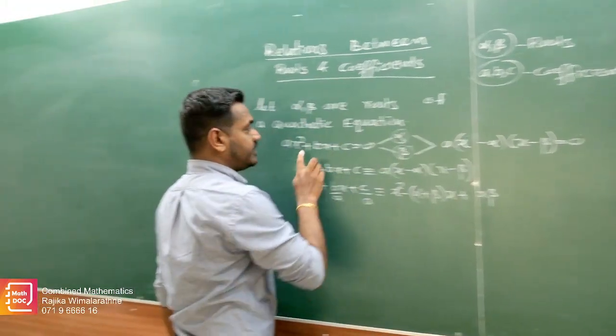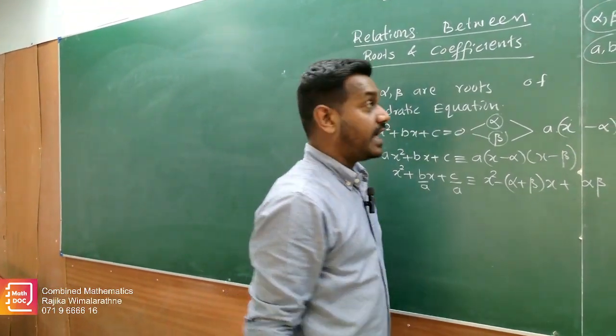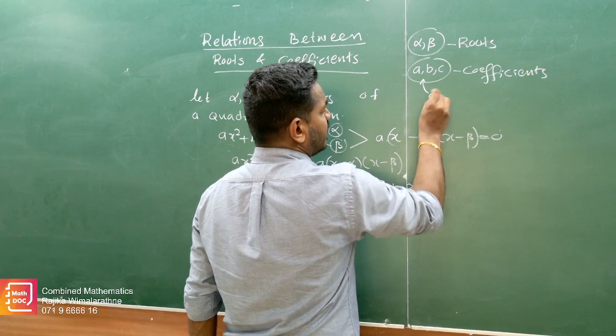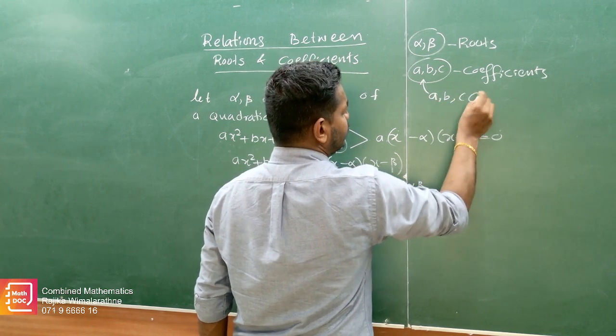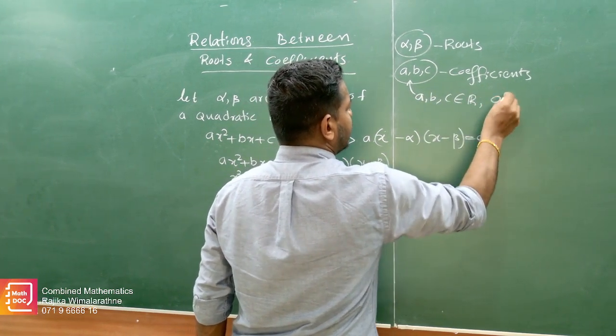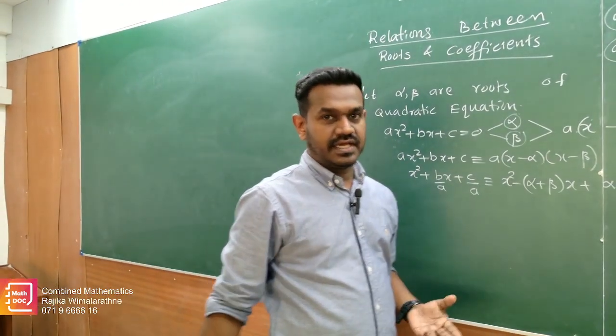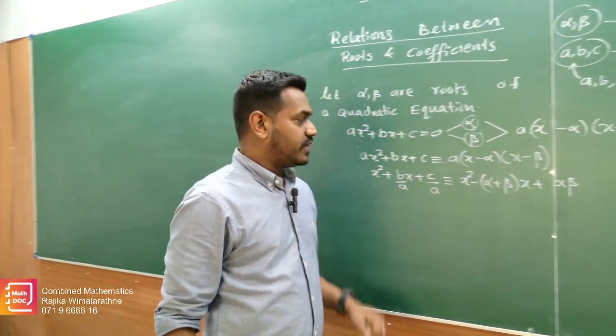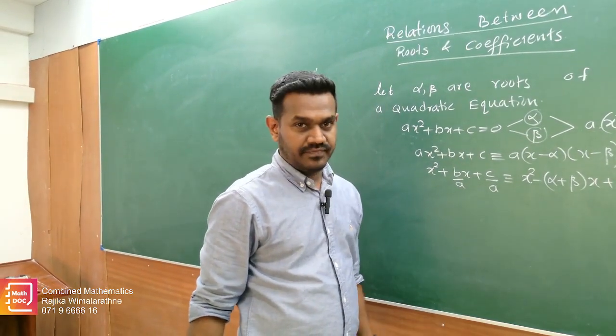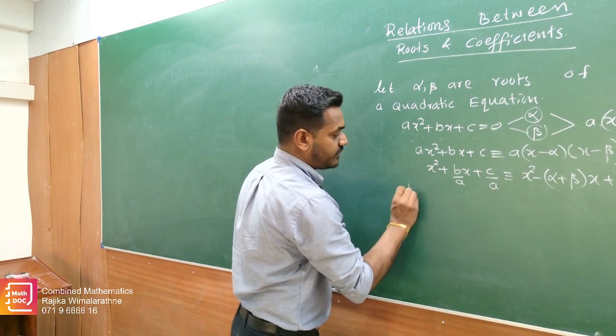For a quadratic equation, definitely we know a, b, c are real. Here a, b, c are usually real and a not equal to 0. That means the first term must be there. Then a not equal to 0. This is a quadratic equation. Now, by equating coefficients,